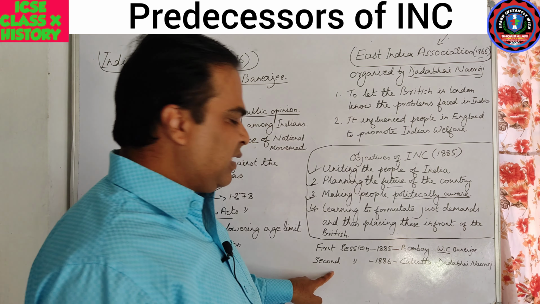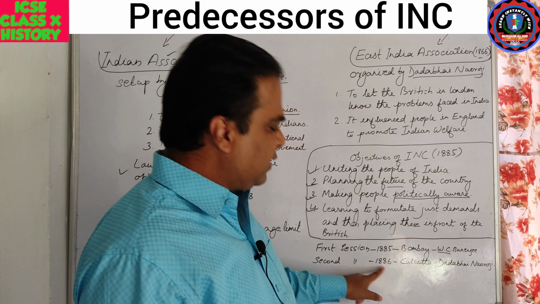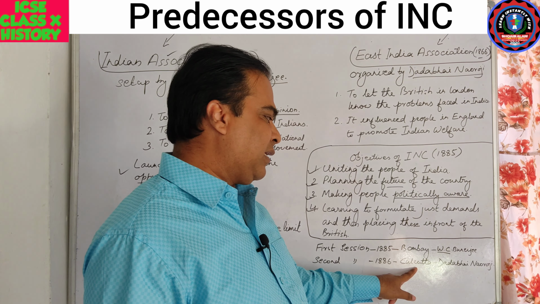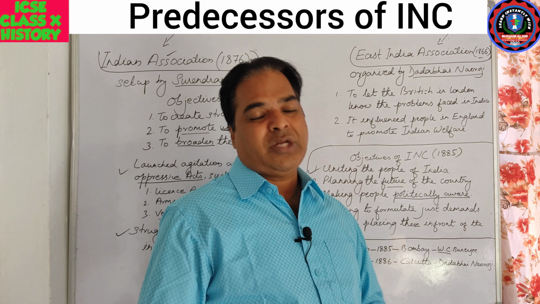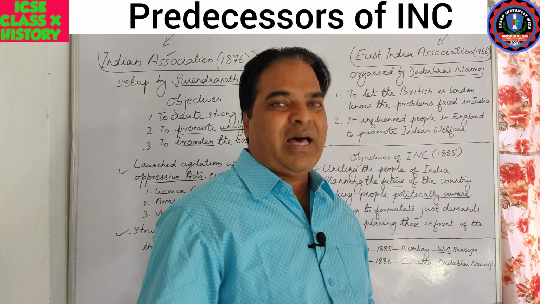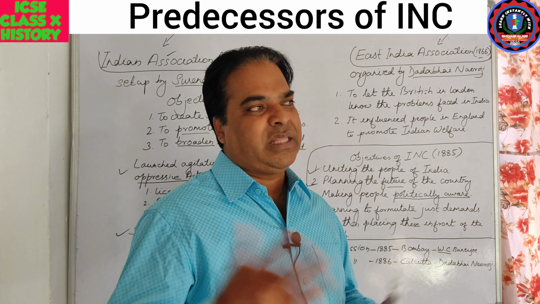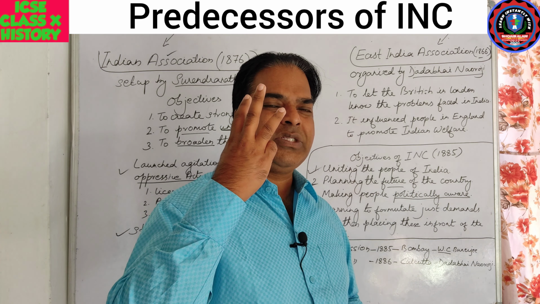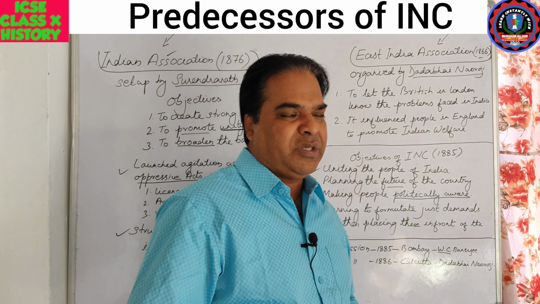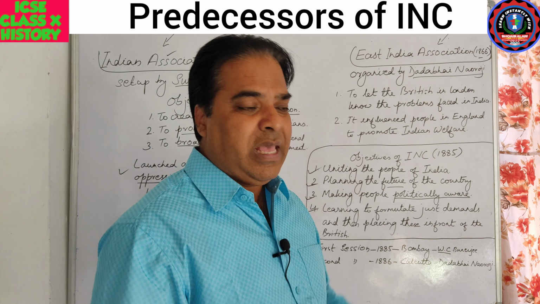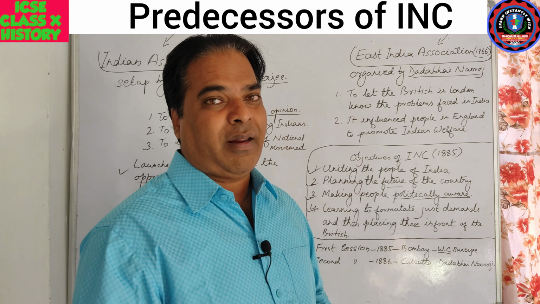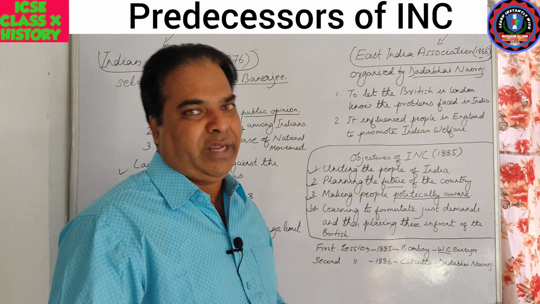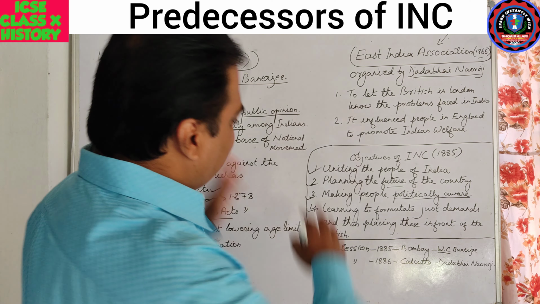Then the second session, again, 1886, Calcutta. It was held at Calcutta, and the president of that session was Dadabhai Naoroji. Dadabhai Naoroji became president of the Indian National Congress thrice. Three times he became the president. He was very, very popular. That is why he was also known as the Grand Old Man of India. Okay, so this is all about